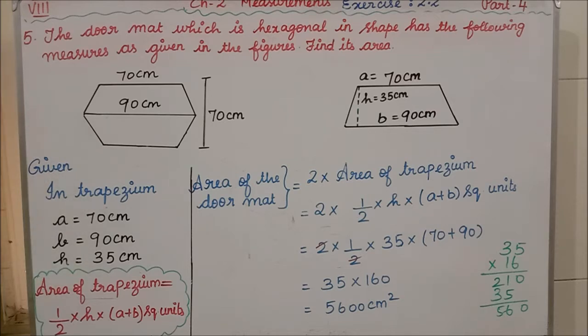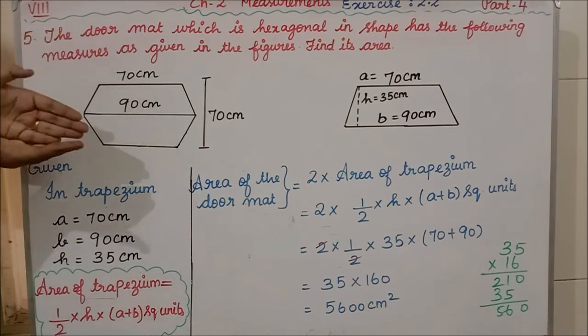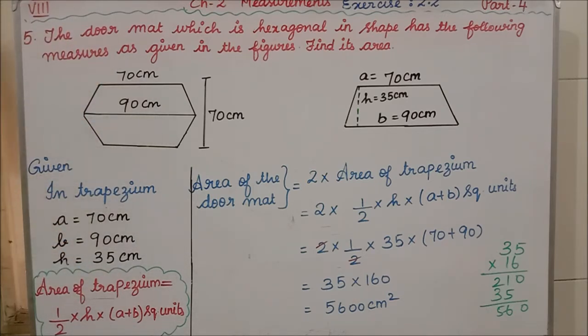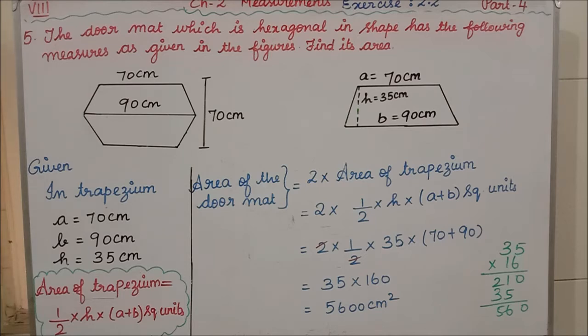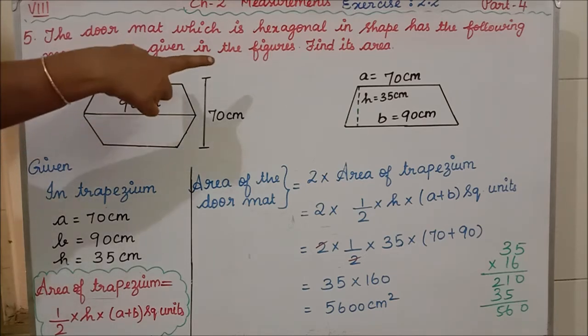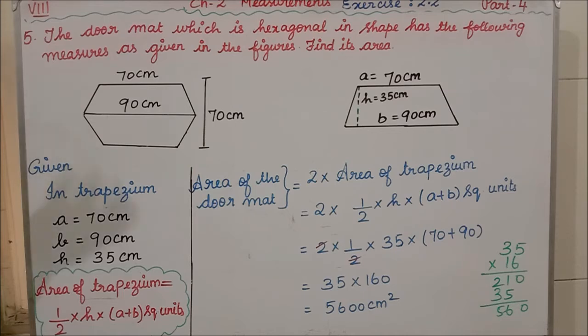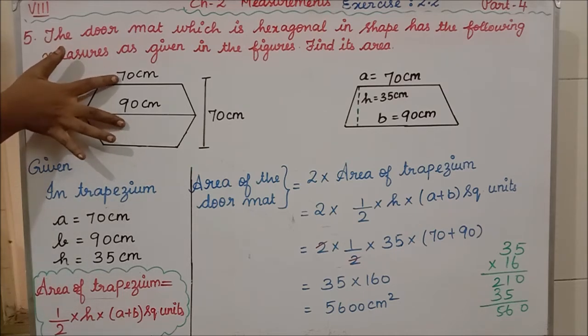But we have to see the diagram. First, what shape is this? This part is one trapezium shape and another part is one trapezium shape. They have combined the two trapezium shapes and we have got the hexagonal shape. Okay, so we have to find the area of the trapezium here. Clear? Clear all of you the question? Yes. Trapezium. See, one part of the trapezium I have drawn separately. Are you able to understand it? This part alone I have drawn separately. Okay, you want trapezium? You can take either this as A and this as B.